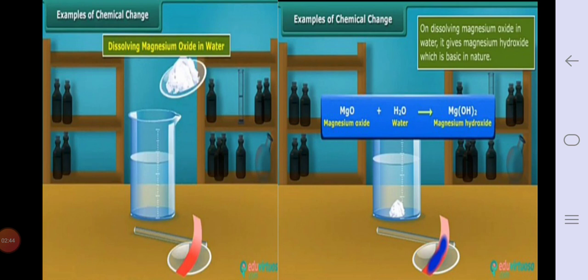So chemical changes are nothing but when the changes occur, a new substance is formed there. It is an irreversible process. So it is a totally different new substance which has different chemical properties than the actual substance. So this activity shows us that there is formation of a new substance.